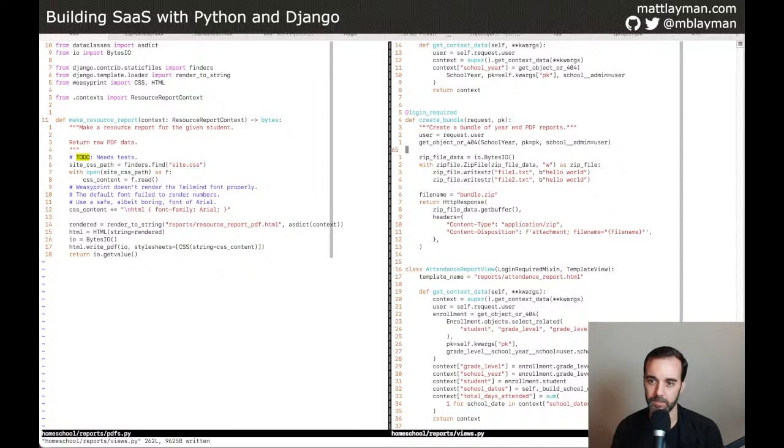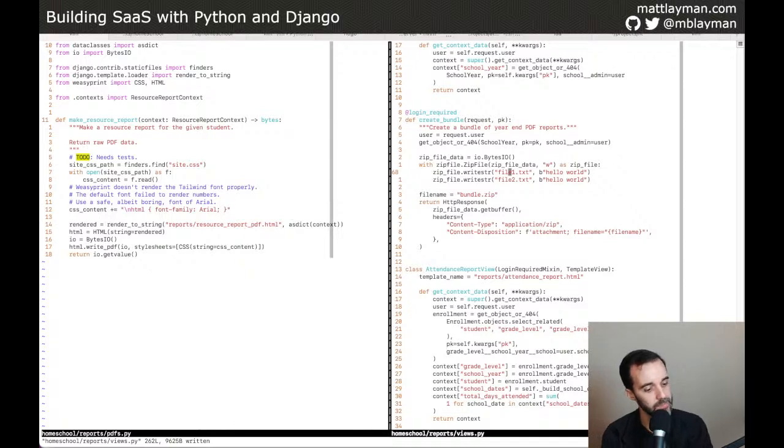The hardest part here might be what name. Well, there's a couple of challenging parts here. First, I need to build the context. So this context class has to come from somewhere. So I gotta look at the existing resource report and make sure I'm building the same context. That's one thing. And then I need to set a file name so that in the actual bundle, it has a sensible name. I have been thinking about the file name stuff, and it's tricky